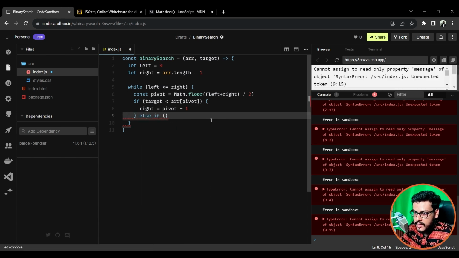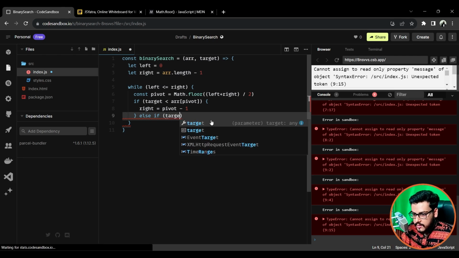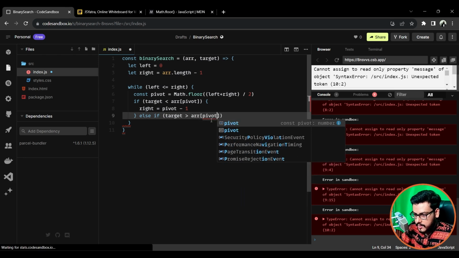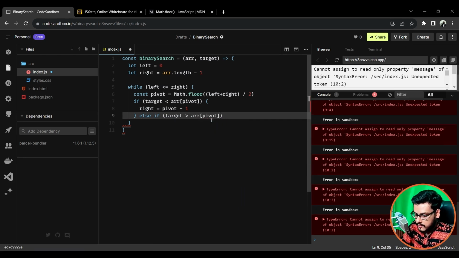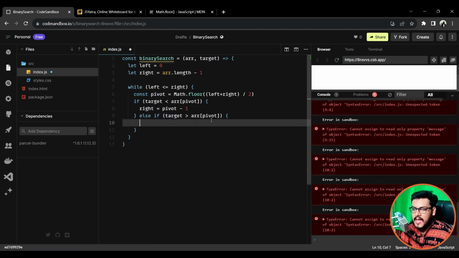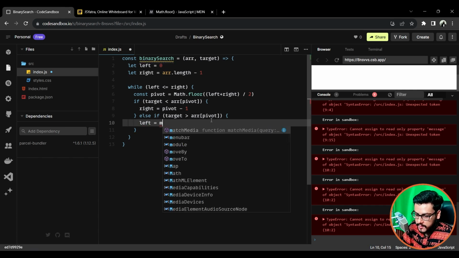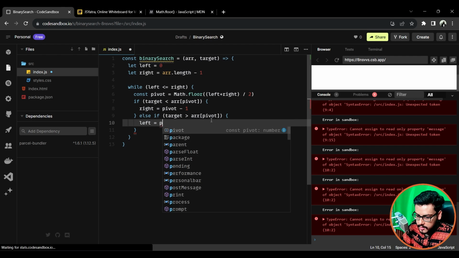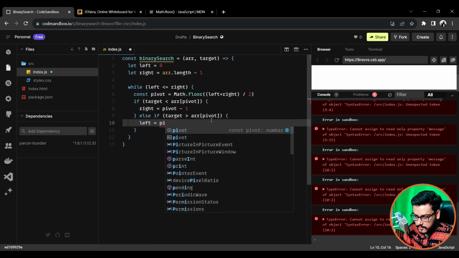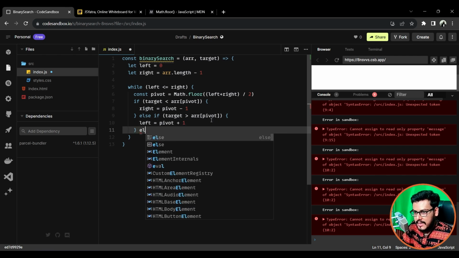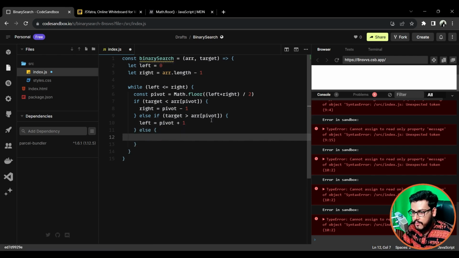If the target is greater than arr of pivot, then we have to shrink down the window again, but now move the left pointer. So left would be one step ahead of pivot, so it would be pivot plus 1, and else,